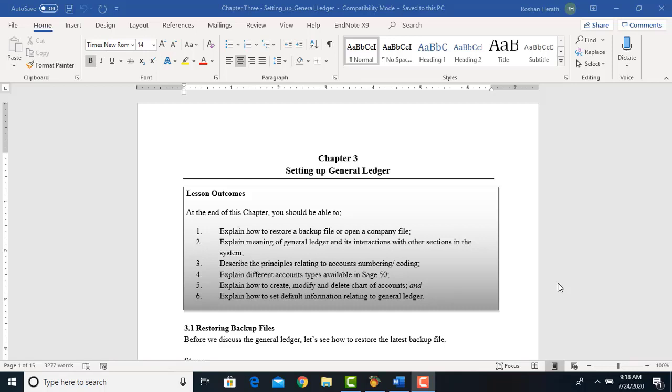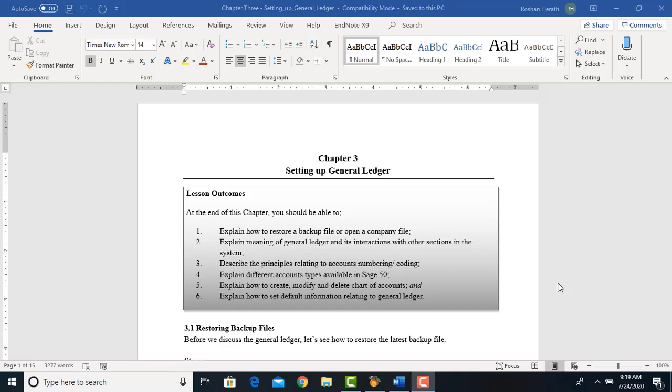So you have to code all the ledger accounts that you have in the general ledger, or the chart of accounts. In this video, we'll be discussing how to code the chart of accounts